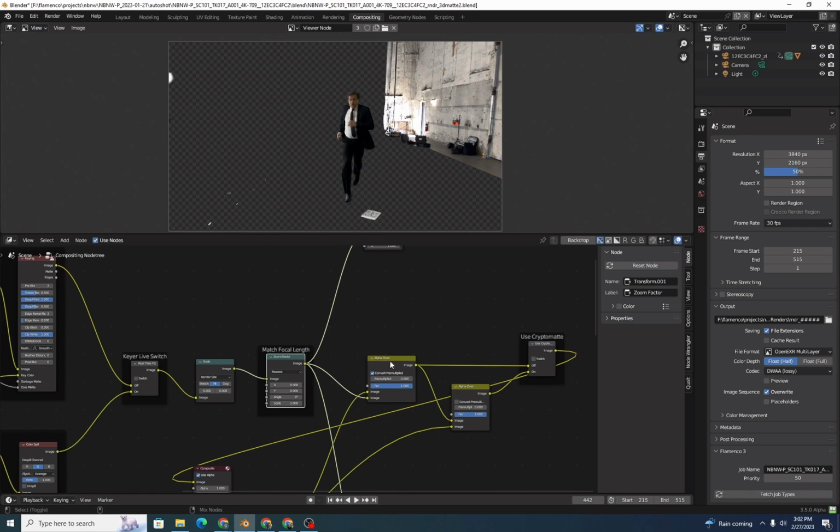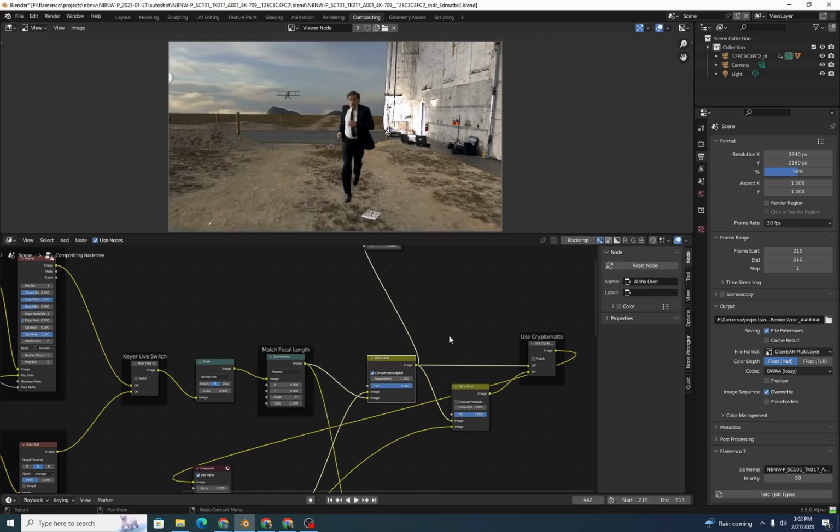And finally over to the alpha over node. And for the first time, this is where we see our image finally come together. You can render the scene right now, and the foreground objects will all track with the camera motion. In the 2D compositor, you can move back and forth in the timeline with the right arrow and the left arrow. So you can move forward, and you'll see that the live action is updating, but the CG background is